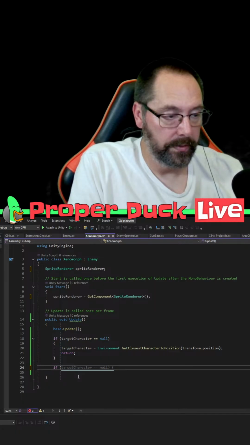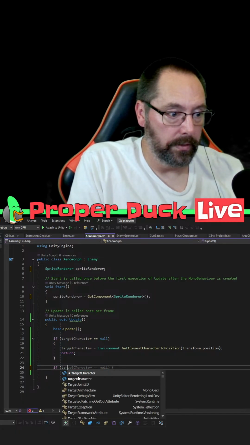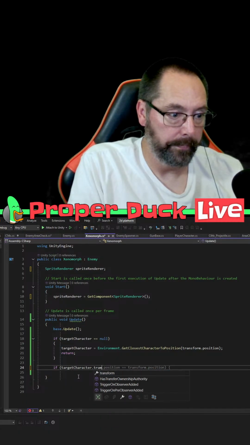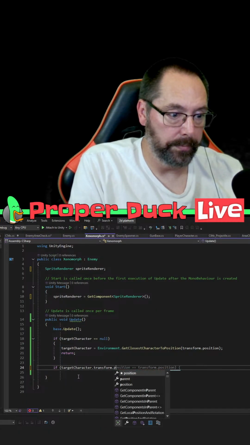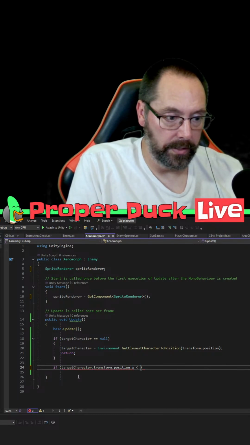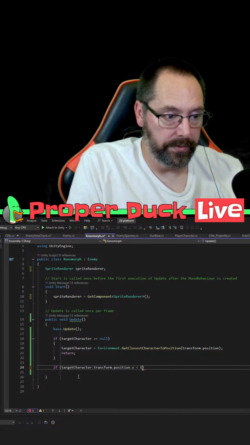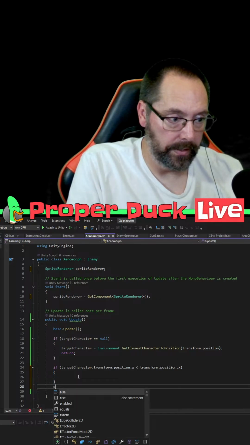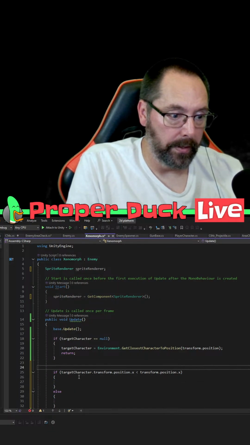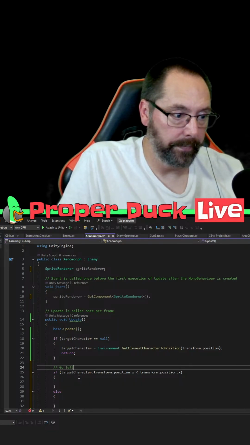So if target character dot transform dot position dot x is less than my transform dot position dot x, and then an else. Right, so this is go left,